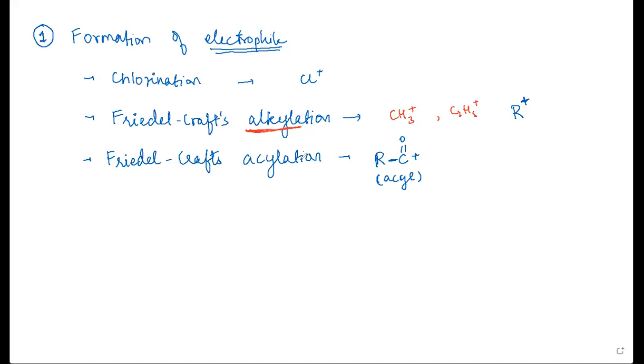So in Friedel-Crafts acylation, the acyl group is the one that gets added. So acyl is basically RCOCl. Acyl chloride is if this is connected to Cl. And then we've got nitration. In nitration, what do you think gets added? What is the functional group? NO2. So nitration, nitro. So NO2 plus.